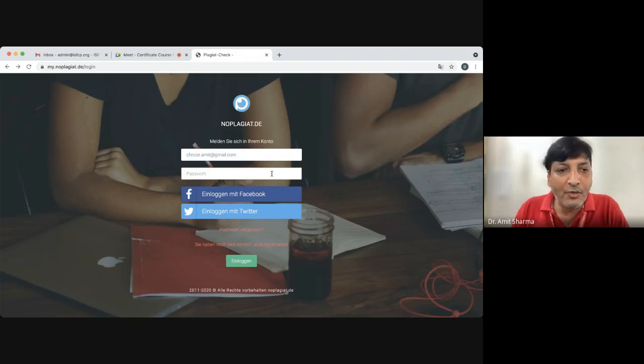For students, what I recommend is that they can ask their supervisors, or they can ask for the help of any other faculty member who is working in a college. They can create the account, and then they can avail the facility. Directly, a student cannot avail the facility. They have to avail it with the help of their supervisor or a faculty member.